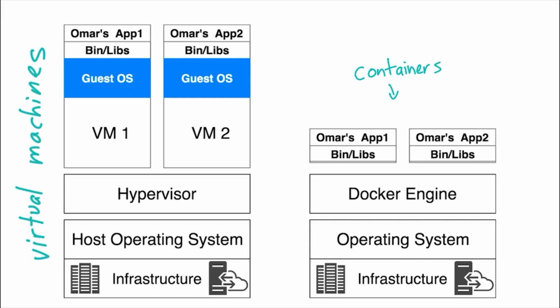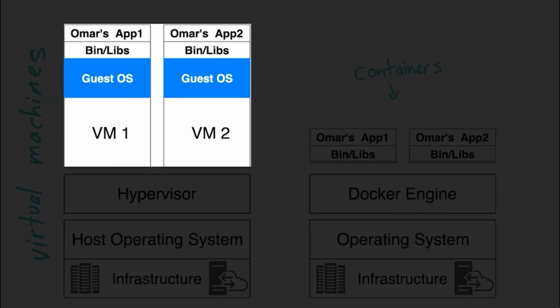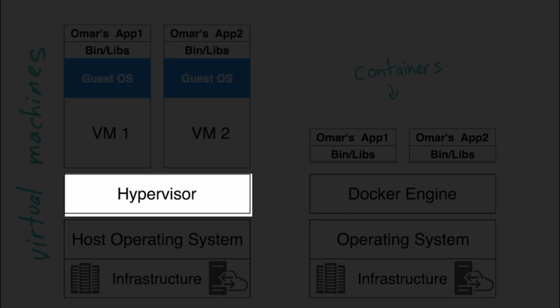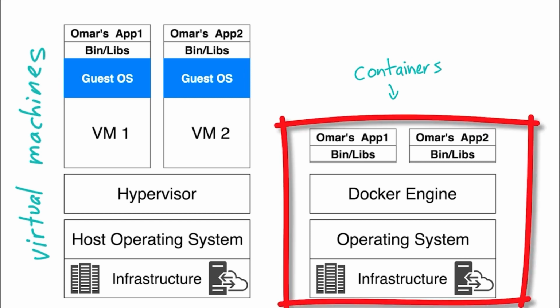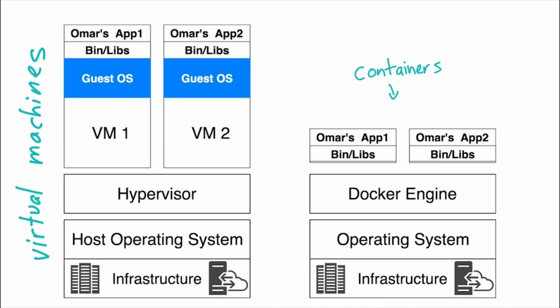You also may ask, what is the difference between a container and a virtual machine? Virtual machines generally include the whole operating system along with the application. They also need a hypervisor to run and control the VM. VMs also tend to be very big in size since they include the whole operating system, like I mentioned before. Because of this, they also take several minutes to boot up the operating system and initialize the applications that they're hosting. Containers are way smaller and perform much better and can start almost instantly.